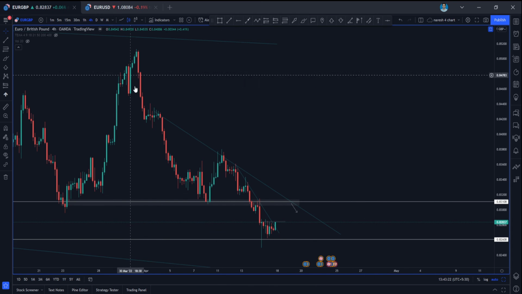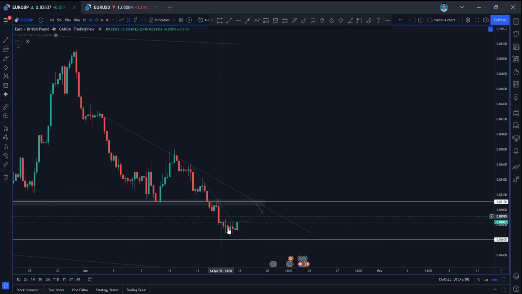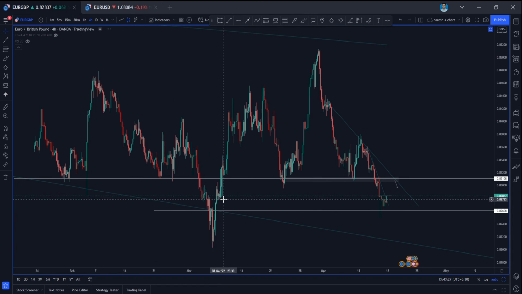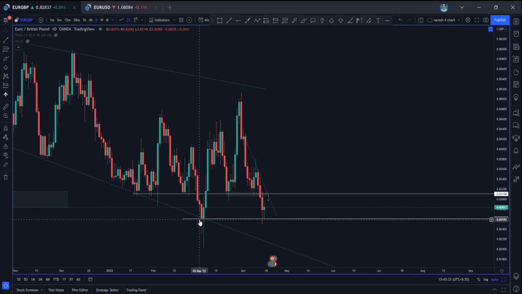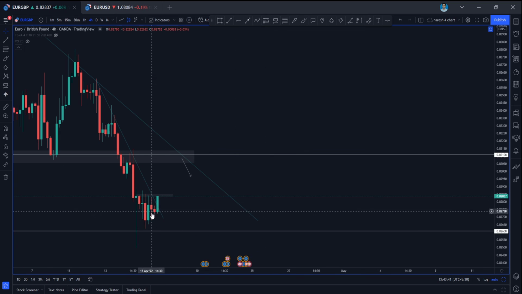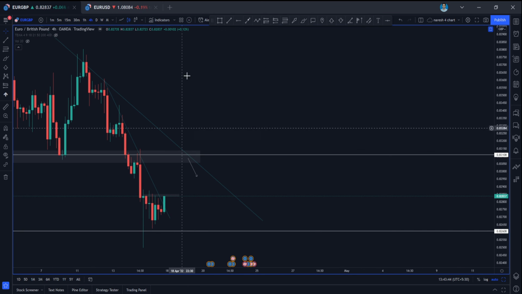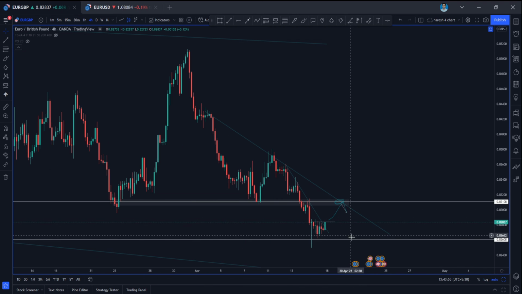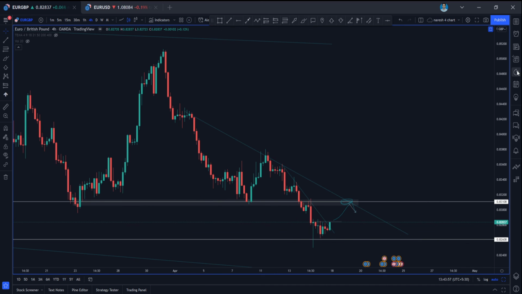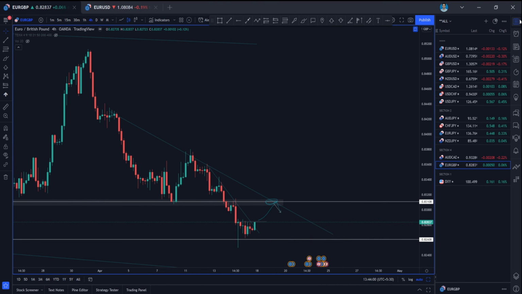So Euro GBP is also in the 4-hour time frame. It is in downtrend. It already reached an important support area. Why is it forming a support area? Because in the 1 day time frame, the candle made a support from here. That's why this candle is respecting this level, and right now it is in pullback phase. So if the price is again coming to this level and holding this level, and if we are able to see a bearish engulfing candle in the 1 hour time frame, you can go for short entries and target this area. Okay. So that would be for Euro GBP.